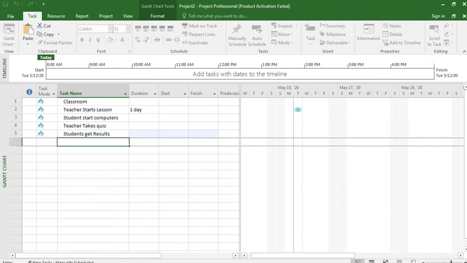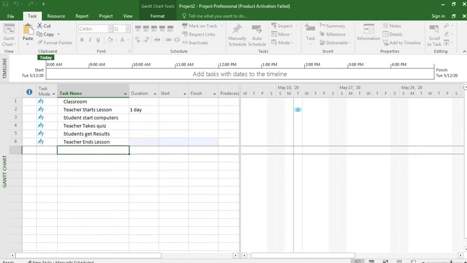Now teacher ends lesson, and students shut down computers.